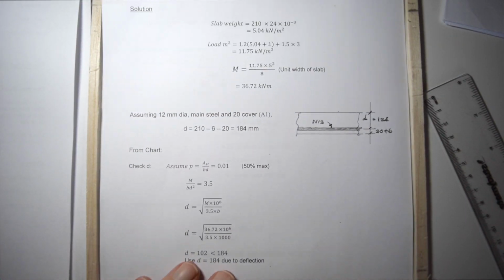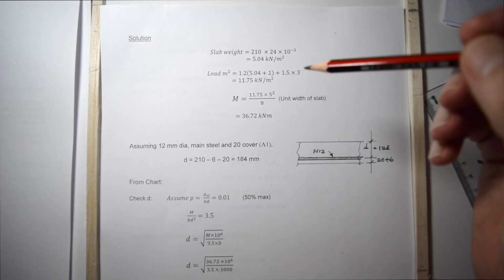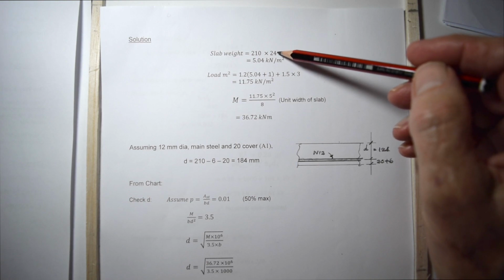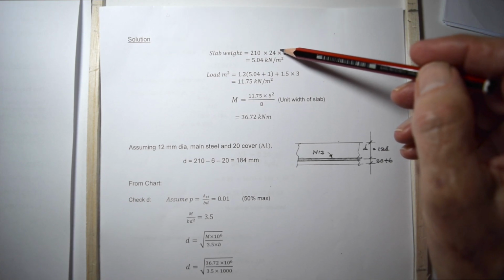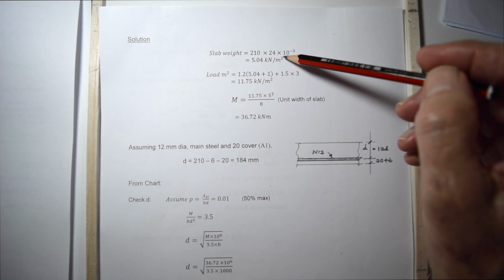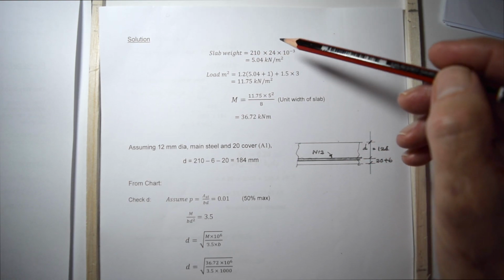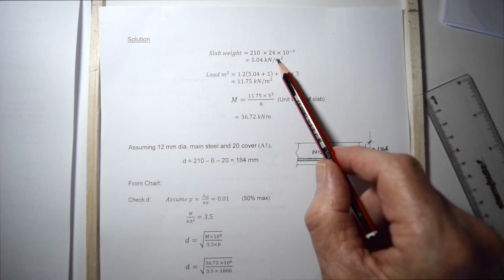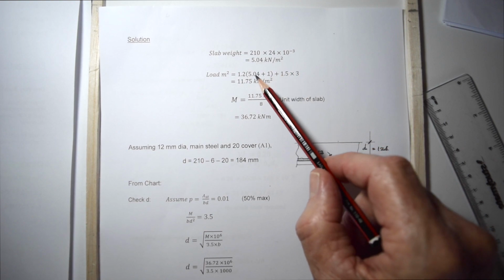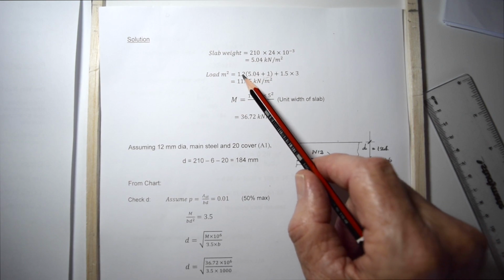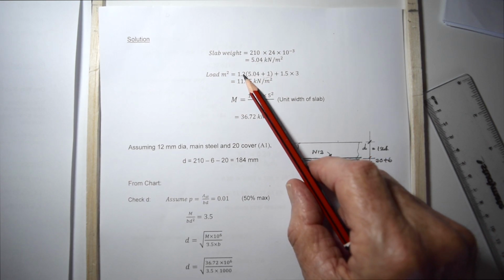So in the solution, the slab weight is 210 times 24 kilonewtons per cubic meter. The slab itself weighs 5.04 kilonewtons per square meter. So the dead load is the weight of the slab, 5.04 kilonewtons per square meter, plus 1 kilonewton per square meter for the ceilings and floor screed, all multiplied by 1.2, which is our limit state factor for dead load,